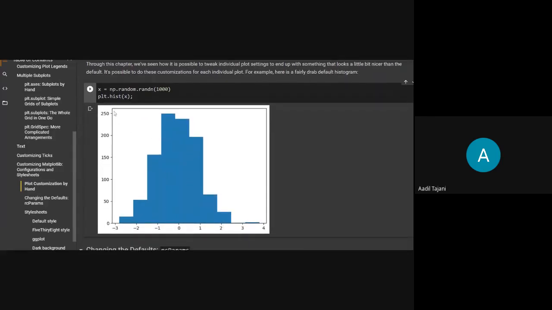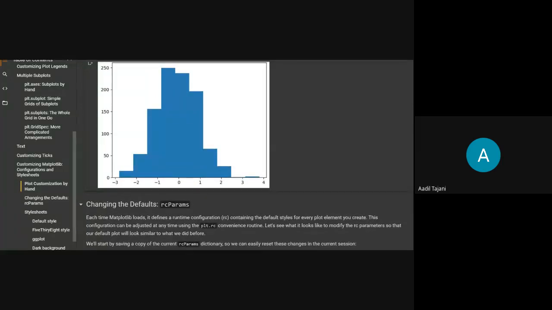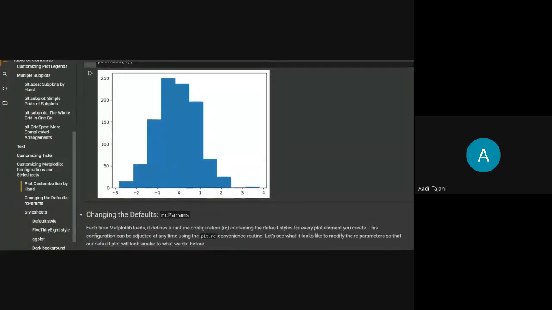It is a simple white background, black axes, and the plotting will start with blue, and if you do multiple plots in the same figure, it will change the colors. It will cycle through colors automatically. You don't have to do anything. This is how it looks by default. Now let's admit that it looks very basic, and I want to show it in a more fancy, different way.